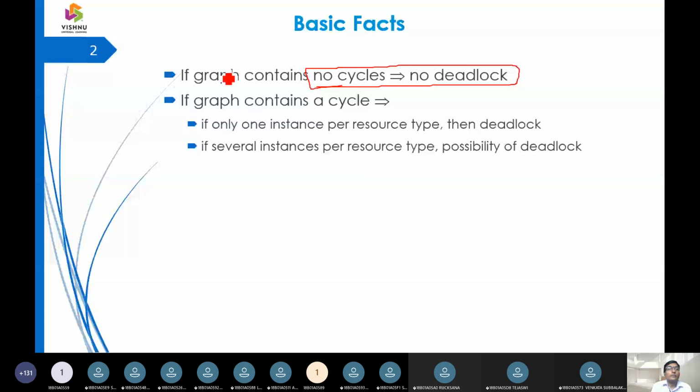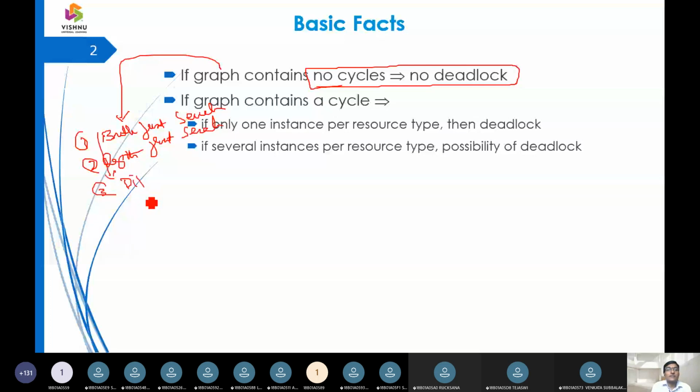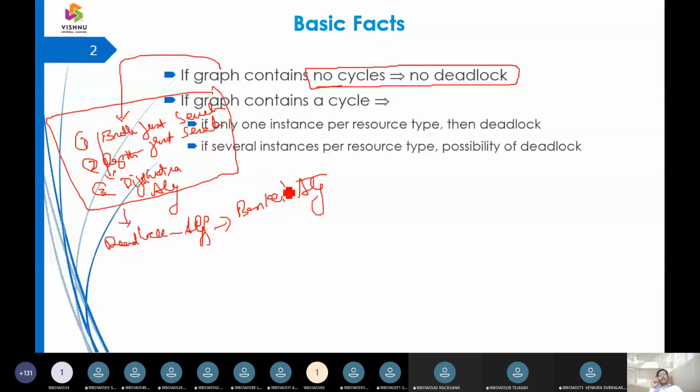We have breadth first search, depth first search, and implementations in the form of Dijkstra's algorithm. These are all put together in deadlock, and deadlock has an algorithm called Banker's algorithm.